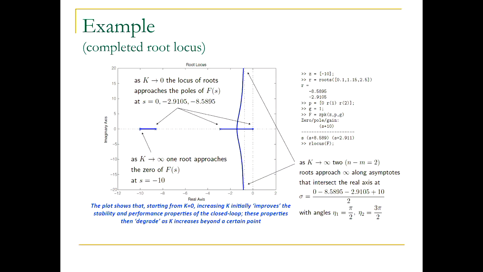We know that no branches end up in the right half plane. So actually, this is the root locus that MATLAB generates. With the information that we already calculated, you can do this. You know that when you meet the triangle, two branches will branch out, and they will have to follow the asymptotes. Well, this is what happens in this example.